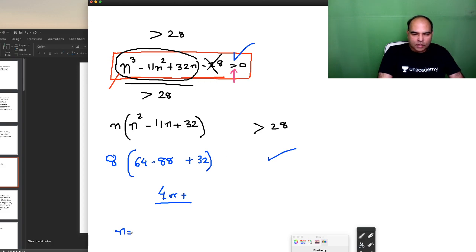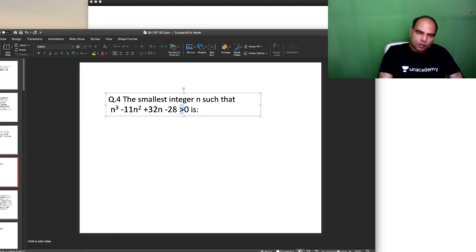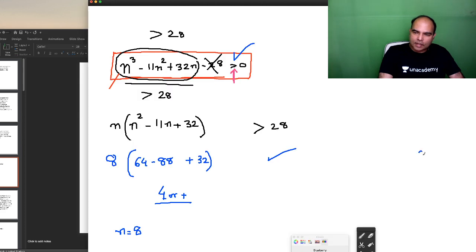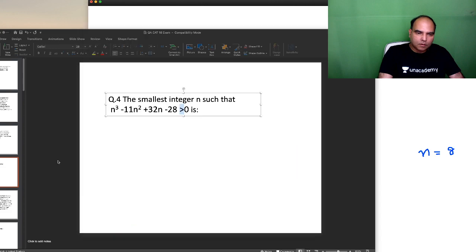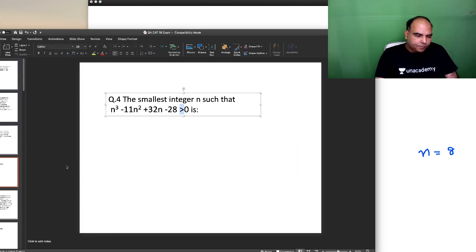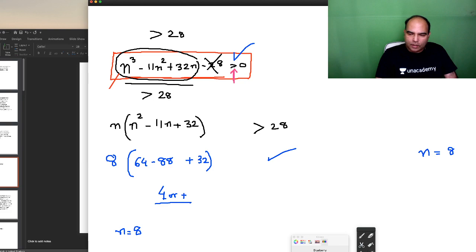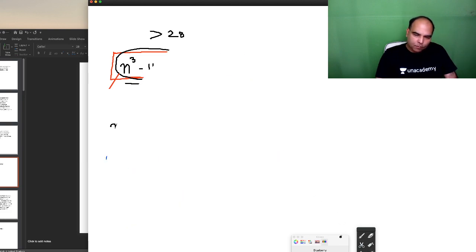So the least value of n, the question, if you remember, was the least value of n, smallest integer n, says that this is greater than 0. The answer to that is n is equal to 8. Right? और 7 पे जब तुम इसको equal to 0 देखे थे, तो उस point पे 8 का check you could have removed in this question, because